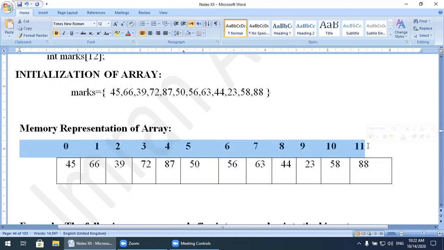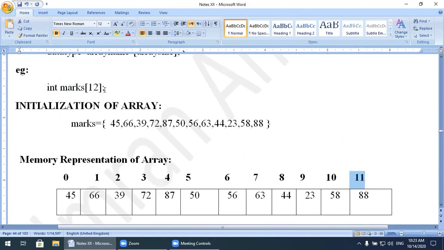This is called the index number. Keep in mind, an array index starts from 0. So when it starts from 0, the last index number will be n minus 1. If the size of the array is n, its last index is n minus 1.